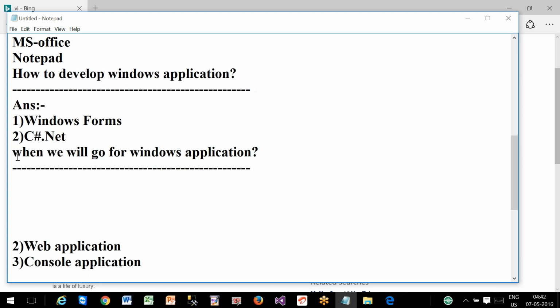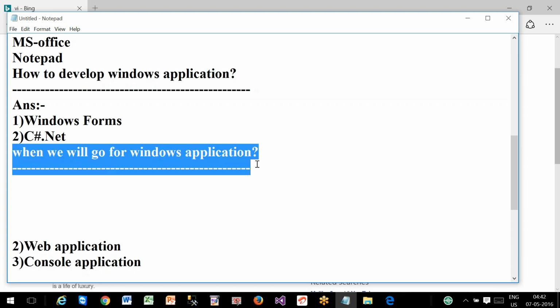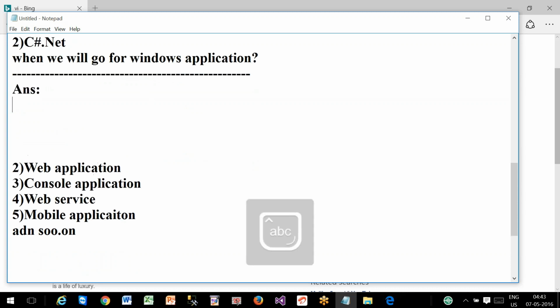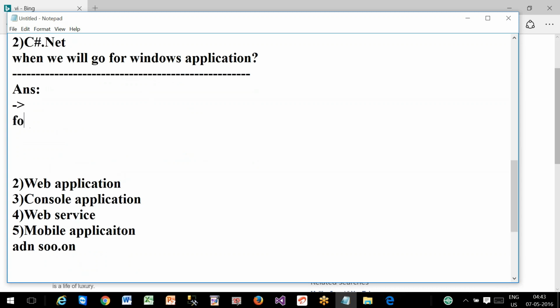Here the question is, in which situation, for what requirement, will you go for a Windows application? Because it's providing services to how many users at a time? Single. Then you can answer according to that. Whenever the application should be available for only one user, go with a Windows application. For example,